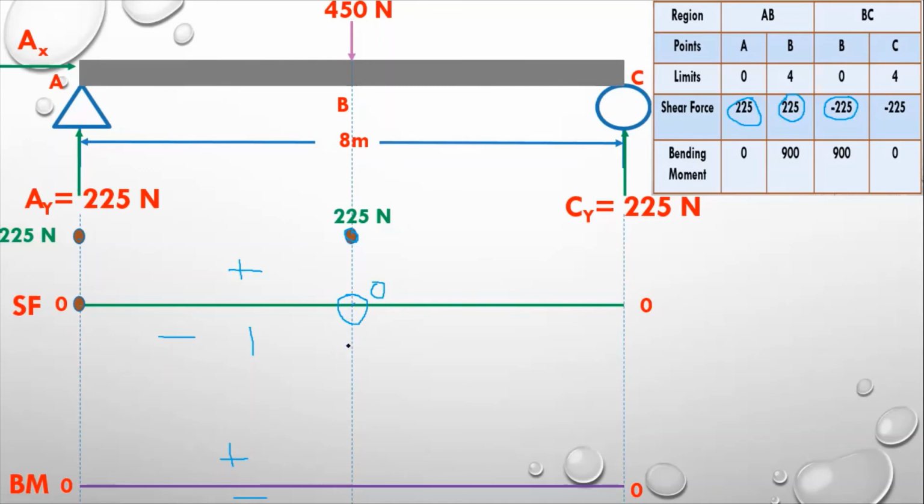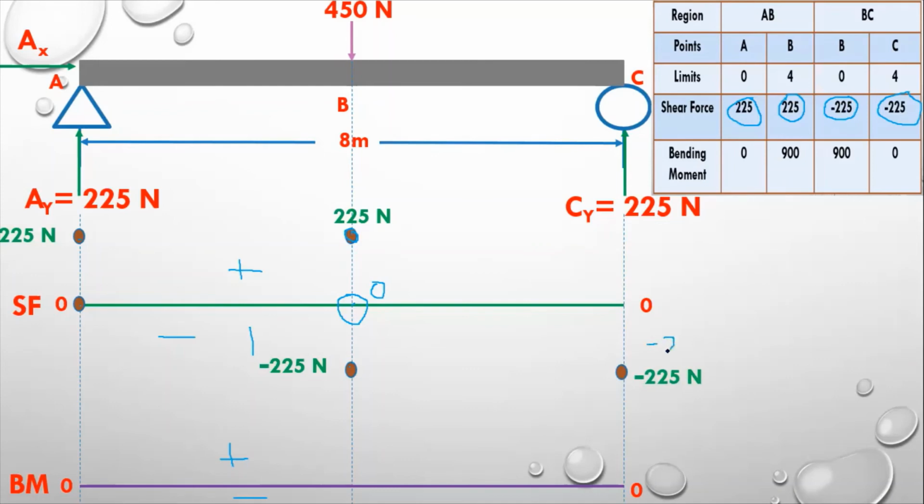So what you have to do, we will go somewhere here and you will see the point here. This is minus 225 Newton, and the last value at point C, you can see this is the point, and you are seeing the offset from point C as well here. So the point should be parallel or opposite to this point. So this should be minus 225. You can see here minus 225 Newton.